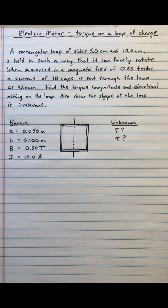In today's episode, we're going to take a look at the beginnings, if you will, of electric motors. Now, by no means are we going into all the details. That would be a much more technical presentation or course even. But we want to show off what the basics are, what the guts, if you will, are of the electric